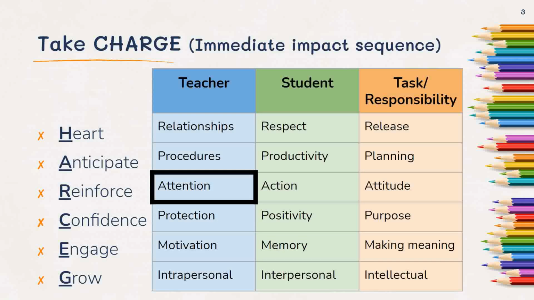So in the overall picture, we are in the attention, action, and attitude. If you read that right across, those are the three different parts of reinforcing. We're wanting to reinforce with the power of our attention, correct actions, and attitudes. But in this first wave through the immediate impact sequence, we are looking at teacher actions. What is the teacher doing? So in this episode, we're going to be looking at how the teacher points his or her attention and what that can do for student behaviors.